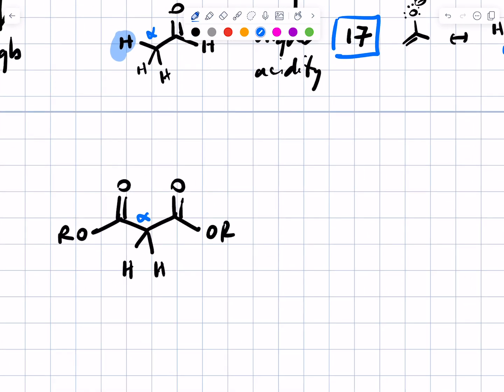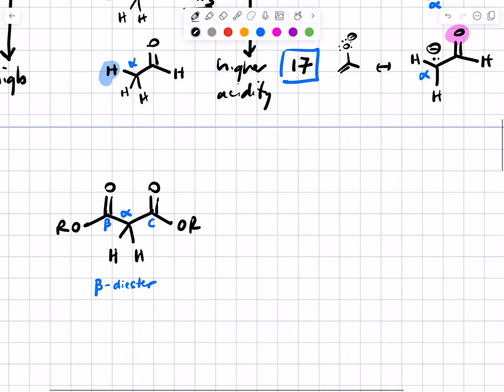Sometimes we're going to pick up this language in this chapter. Here's one of the 2 carbonyl carbons. Here's the alpha carbon. This one's beta to that one. We will call this type of molecule a beta diester. It turns out the pKa for the diester is 13,